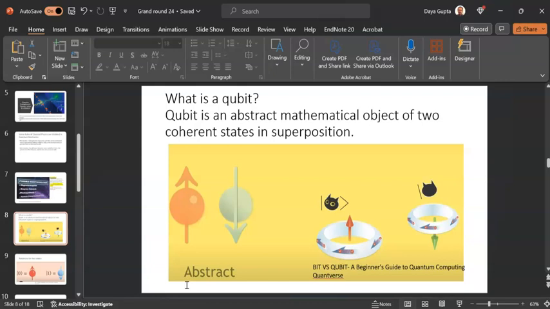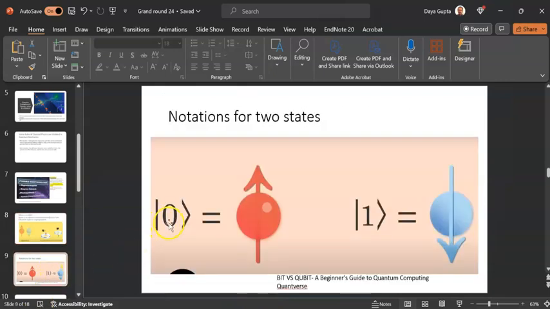A qubit is similar to a classical bit carrying information, but a classical bit is either head or tail, while a qubit is both head and tail at the same time. Both states are described by notations called kets. This is one ket state, the other is the other ket state, ket 1 or ket 0. As we see in the next slide, this is the ket 0 state, this is the ket 1 state. There are specific probabilities associated. These are superposed states. Both states are present at the same time, and there is a different probability for each state,